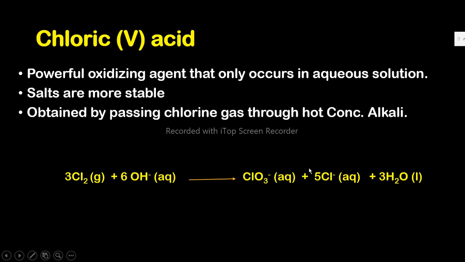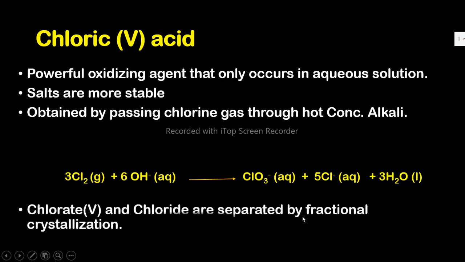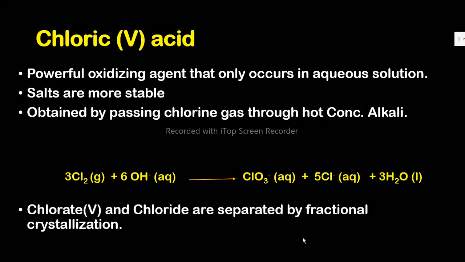Now you can see in a solution form you have both a chlorate, and it's soluble, and a chloride, and it is also soluble. So then how are we going to isolate these two, the chlorate and the chloride? It is simple. We shall isolate these two by fractional crystallization. Now what is fractional crystallization? It's a technique that we can use to separate two soluble salts